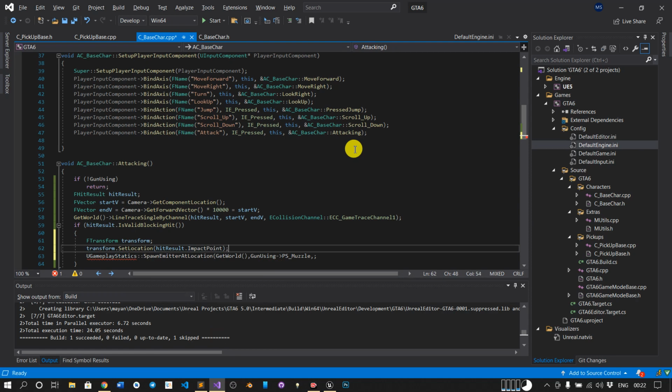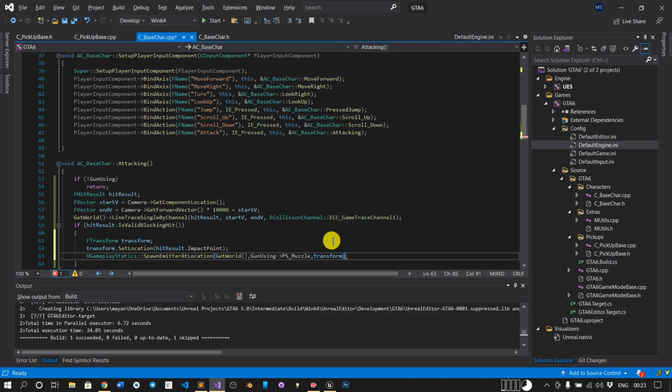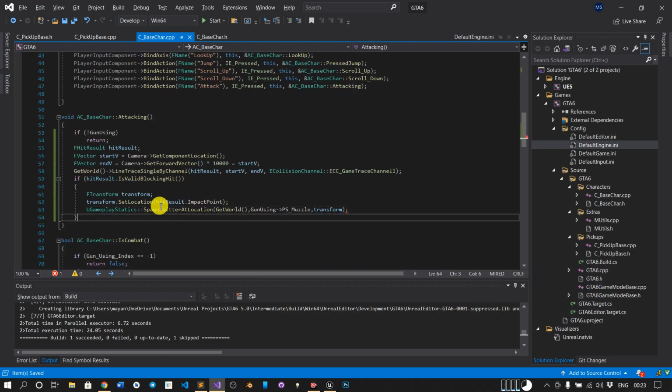So we have set the location in the transform, so we will specify this transform here, transform, comma. Next is prefilled, so we don't need to specify those. So just close this function. So we have spawned the emitter at the location.